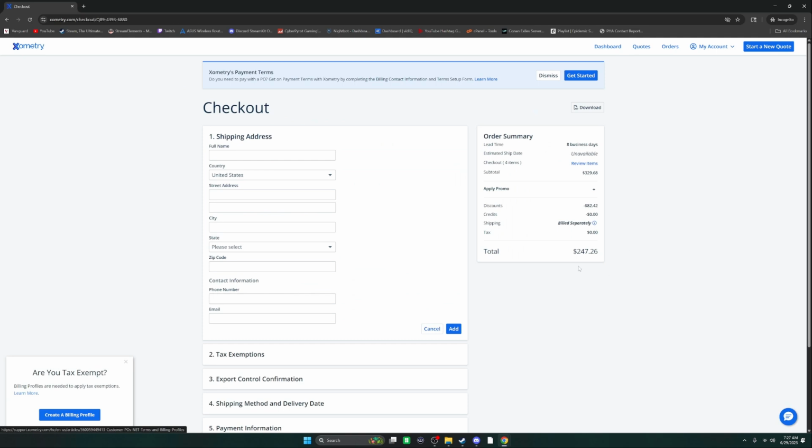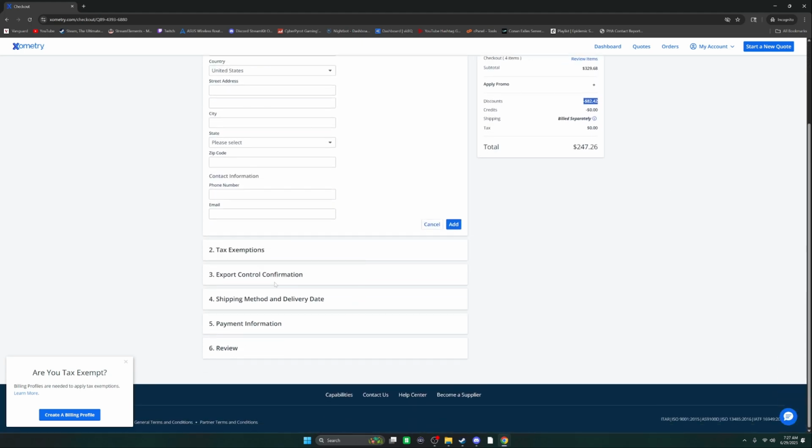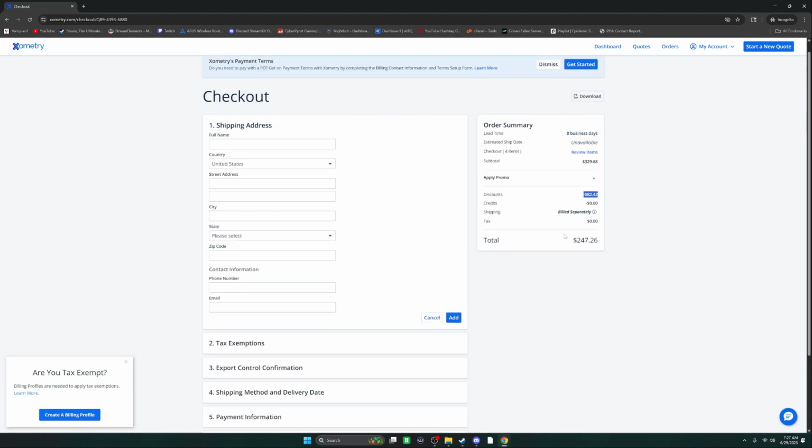And now we're at the checkout here. It's asking for our shipping address. You'll notice the price did drop significantly, right? Because we're getting that discount code of $82. This is where you're going to put in your shipping address, payment and all that, and you're going to hit complete, right? So we'll notice here that it went from $329 to $247. That's pretty good savings for the skirt. That's a really good price. Let me go ahead and